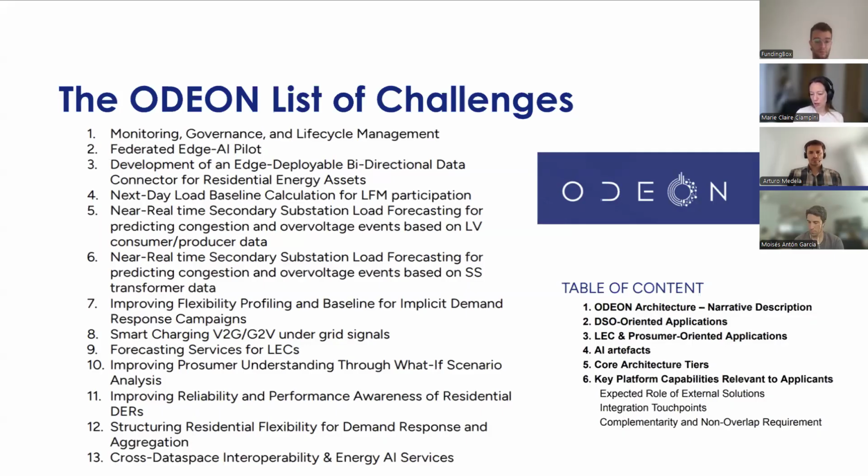And finally, there is also information on what is expected of you, so that you develop something that, again, doesn't overlap with or duplicate what has already been created by ODEON, but rather extends what is being created by ODEON. So it's really critical that you read this document when developing your application, because this is going to guide you in understanding whether or not you can actually deliver something that is in scope of the ODEON project and its expected impact.